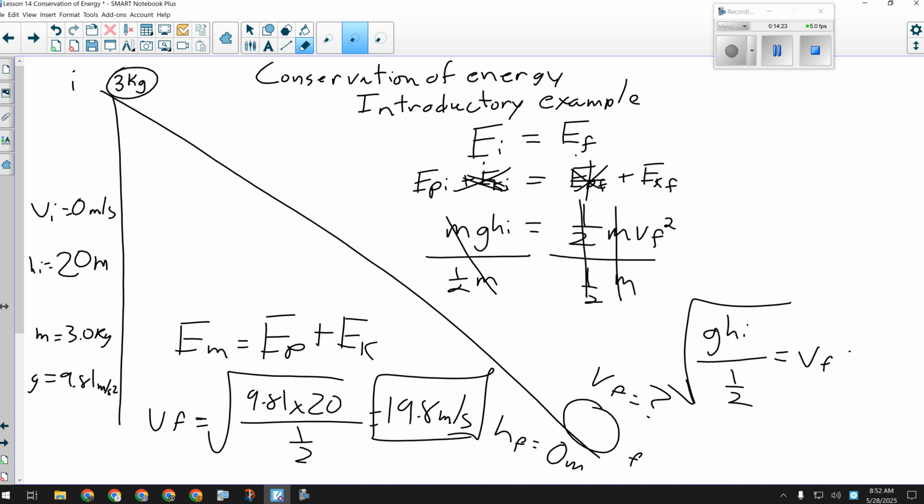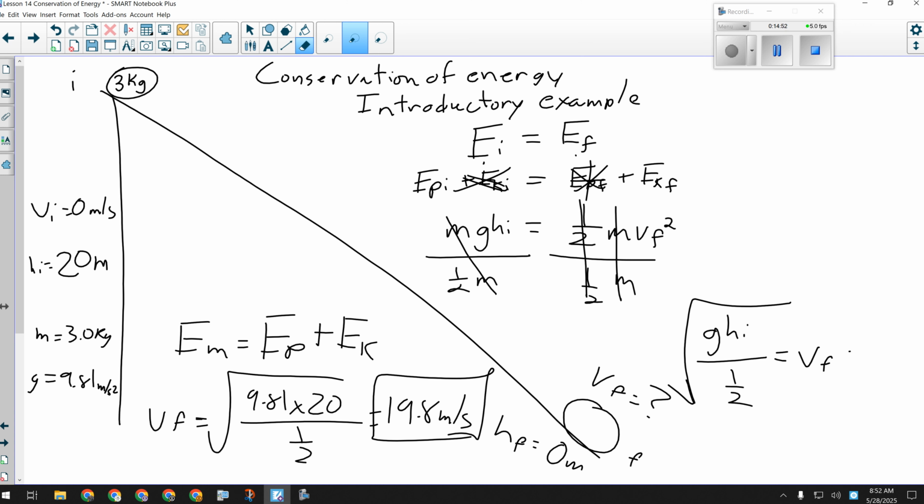Mathematically, it's not any more difficult than what you've been doing already. Fundamentally, we can use some of the stuff we learned in work energy theorem, like identifying what kinds of energy are present. That's something we have to do for this, but we put them in a different context. In a conservation of energy question, there's no work being done. In a work energy theorem question, obviously there is.